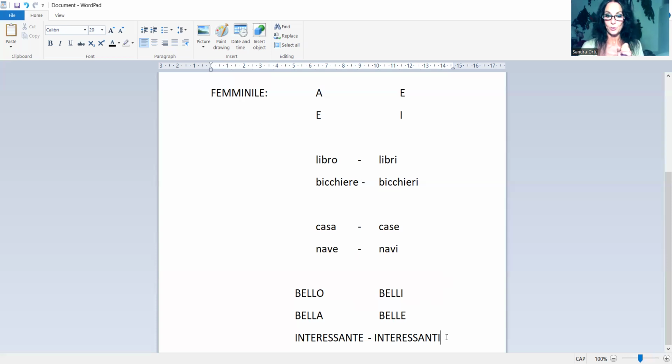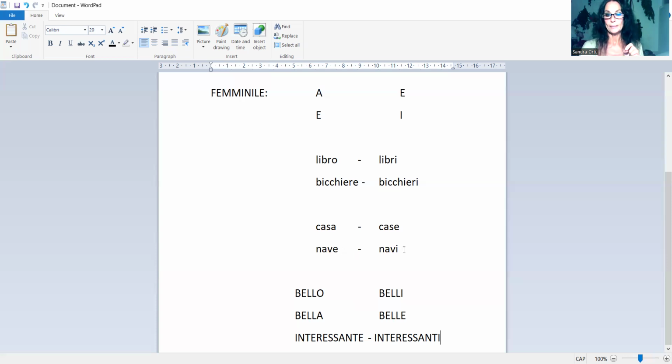Remember also the other way around with nouns and adjectives can happen. So we can have navi, which is plurale femminile, and it's one noun that when it's singular ends in e.